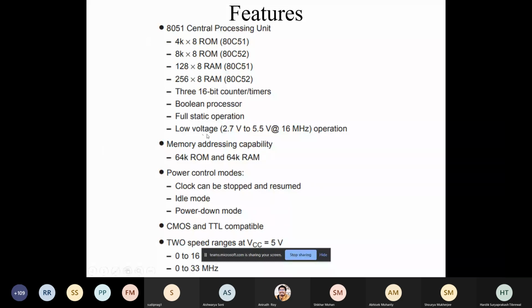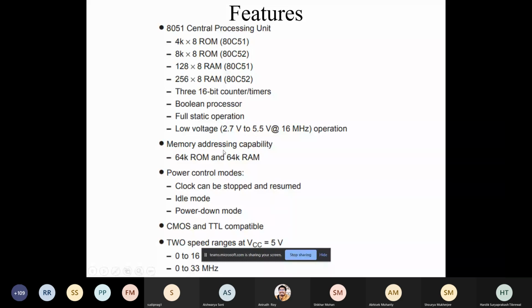Then there is low voltage operation. There could be different voltage ranges over which these chips typically operate. That means you can operate at standard voltage like 3.3 volt or standard voltage of 5 volt. Even very recently, modern 8051 series can operate even at 1.8 volt and even lower voltages. But obviously, the technology node, that means 180 nanometer or 350 nanometer, those kinds of technology nodes are different. So based on technology node, the power supply voltages are determined.